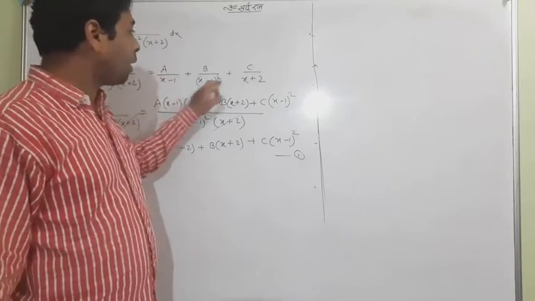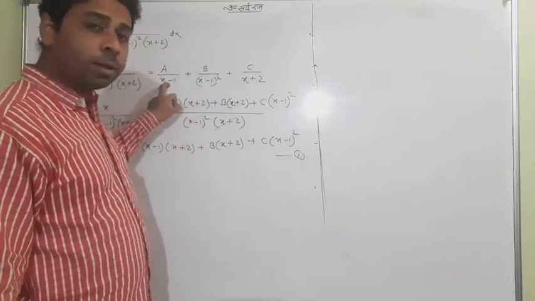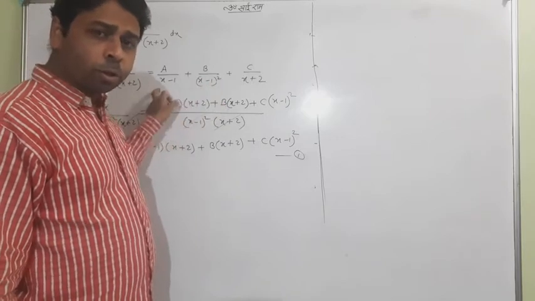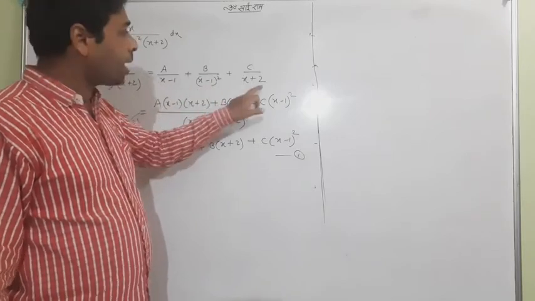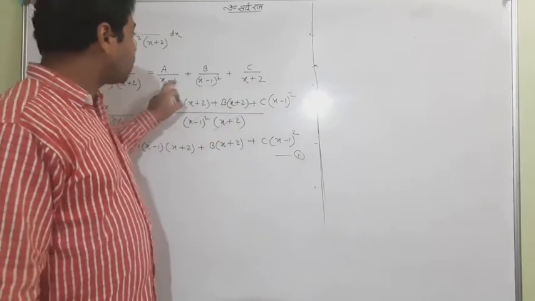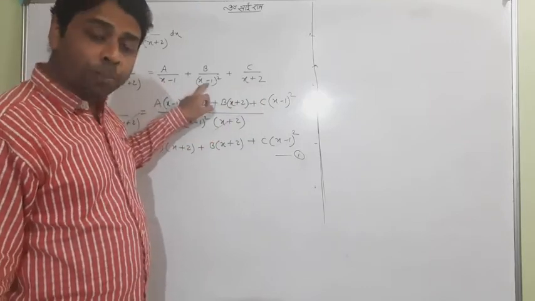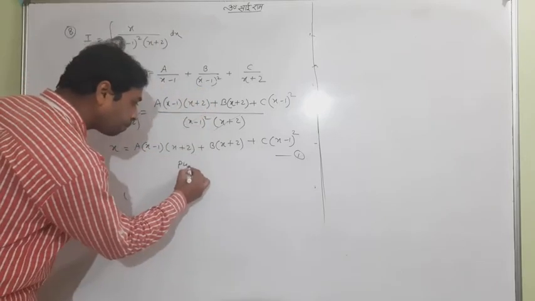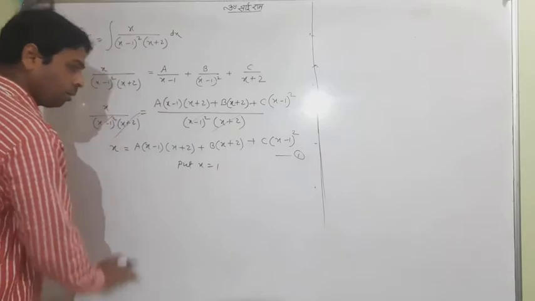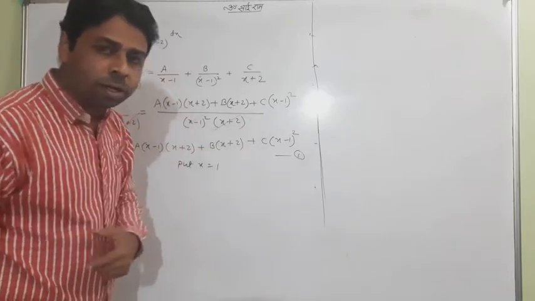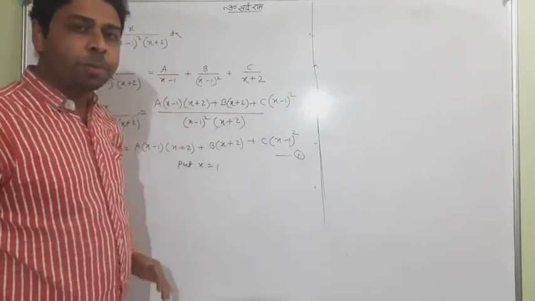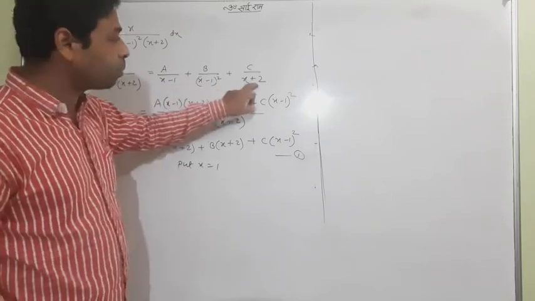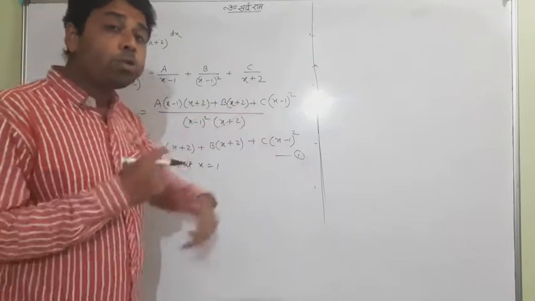How many linear factors are you having? Can you catch? X minus 1, x minus 1. Even though it is squared, the type is x minus 1. So both are the same, and x plus 2 is a different one. Can you observe that x minus 1 can be 0 by putting x equal to 1? So put x equal to 1 here and see what answer we get. Again I repeat, how many linear factors are we having? X minus 1 the first kind and x plus 2 the second kind. So try to make them 0.